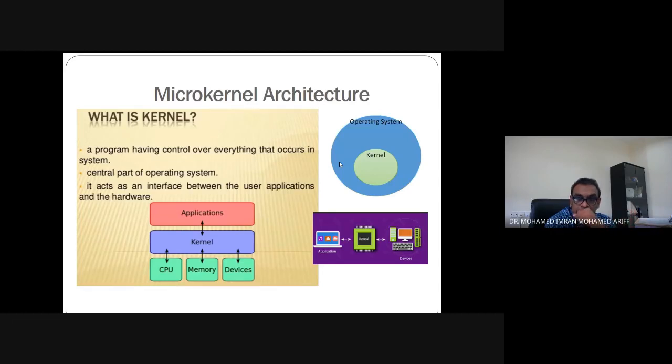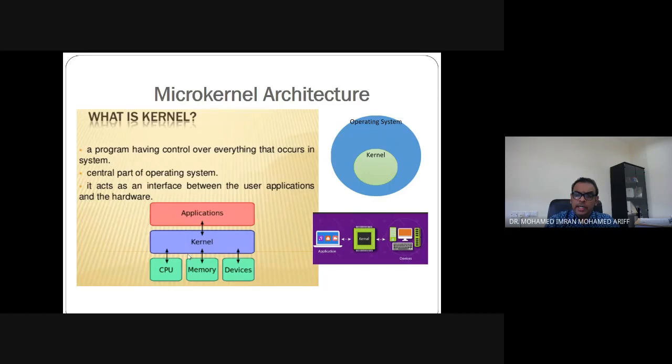And in a microkernel, the kernel is divided. They are separate kernels, tapi one kernel lah. So it's divided, and each kernel will take care of one hardware.